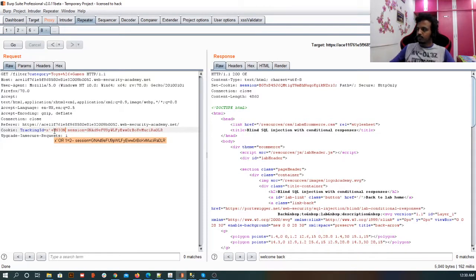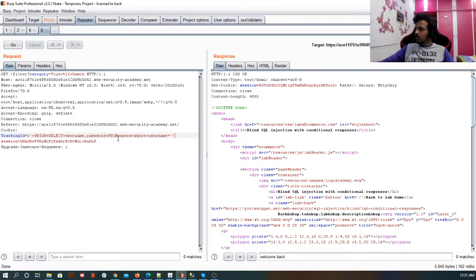Union, and then select username, password from users where username is equal to administrator, right?